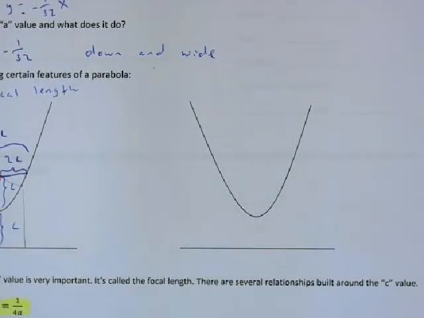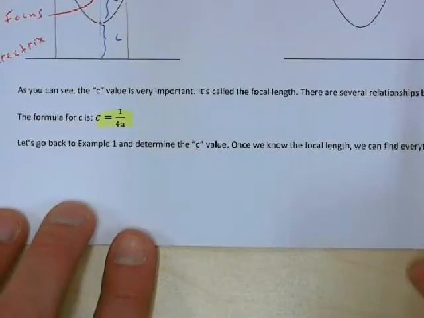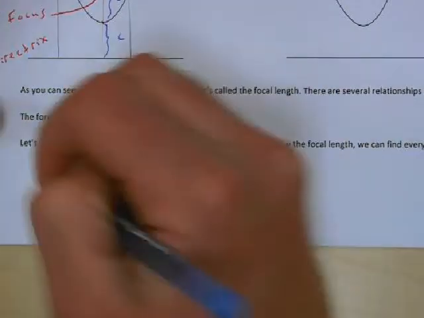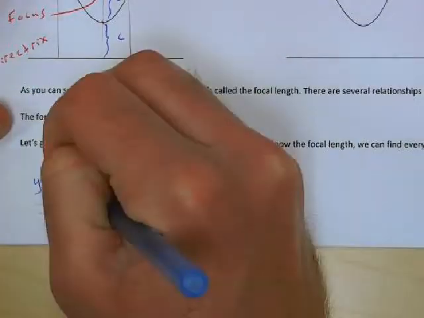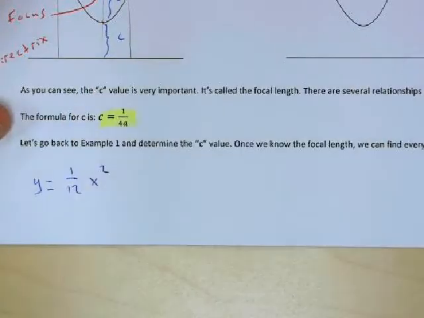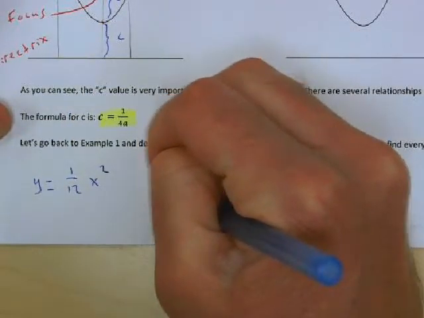All right, so let's see. They want us to go back to example 1. Since we don't want to have everything be printed too small, let's just rewrite that equation. Our equation, after we put it in the form we wanted it to be in, was y equals 1/12 times x squared. Okay, and then we want to find the focal length. So the focal length